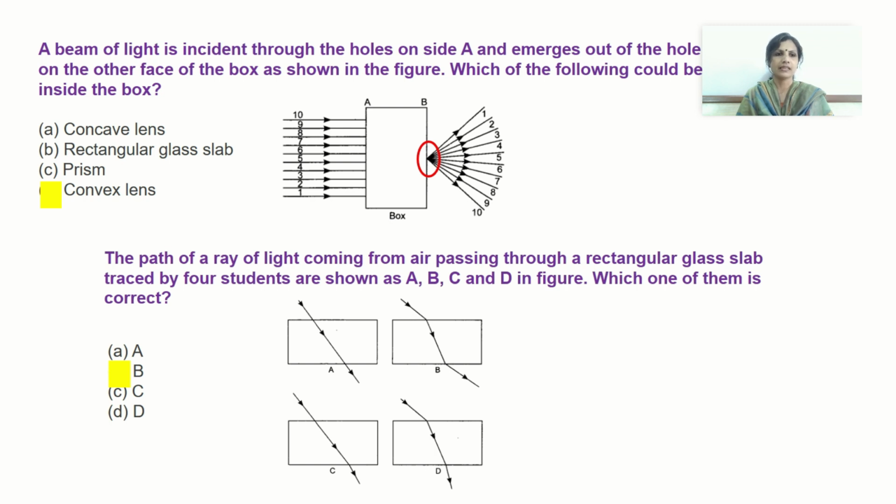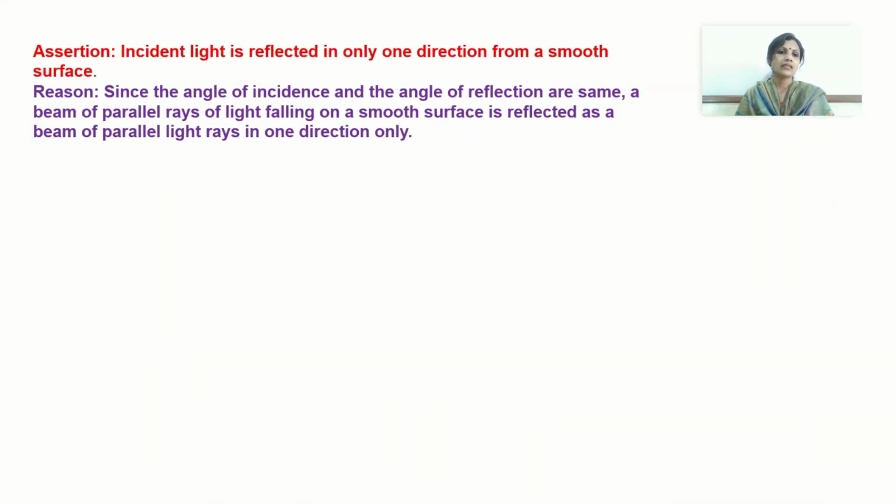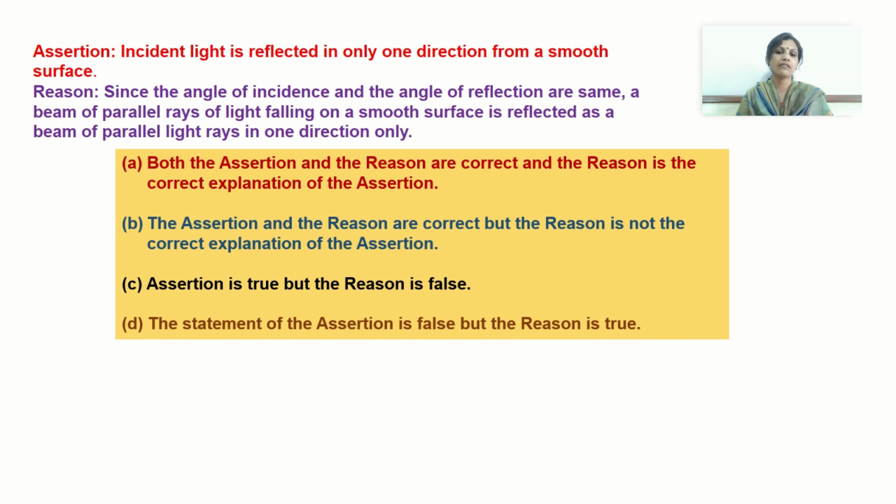Okay, next. These are the assertion reason type of questions. You have answered this in your first periodic test also. So assertion is a statement and reason is given for that particular statement. You have to check the relation between assertion and reason. You may come across 4 possibilities, and the possibilities are both assertion and reason will be correct, and the reason is the correct explanation of the given statement, that is the assertion.